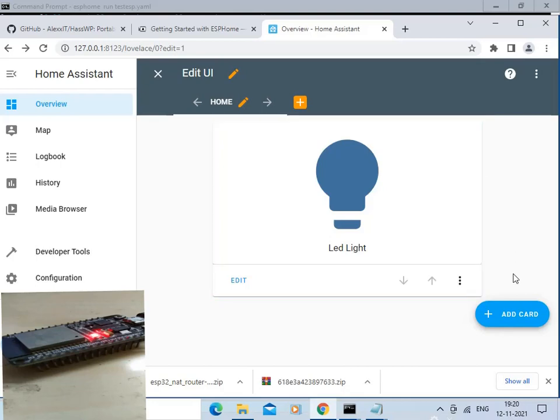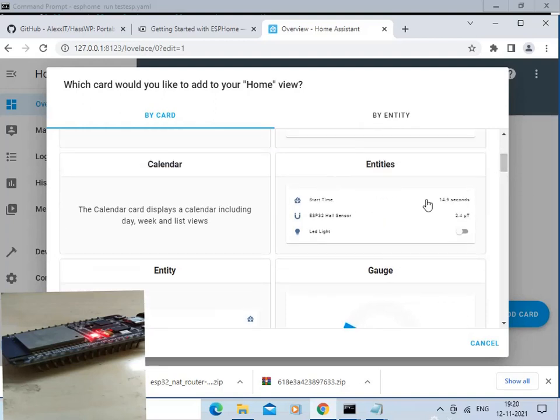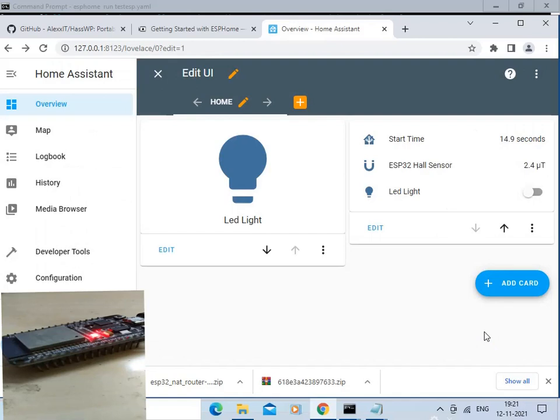Now let us click on the add card again. Click here on the entities. These are the 3 entities we are going to select. Let us save these entities. Now you can see the ESP32 Hall sensor value and LED status is available on the dashboard.